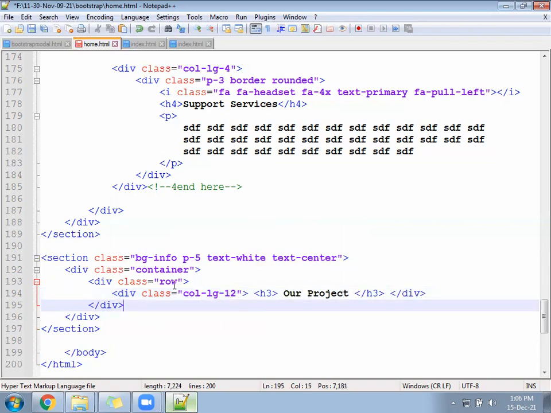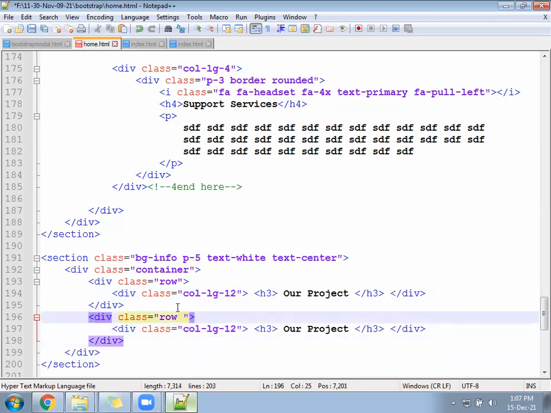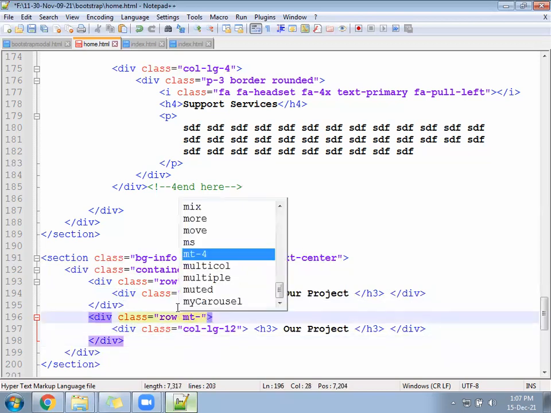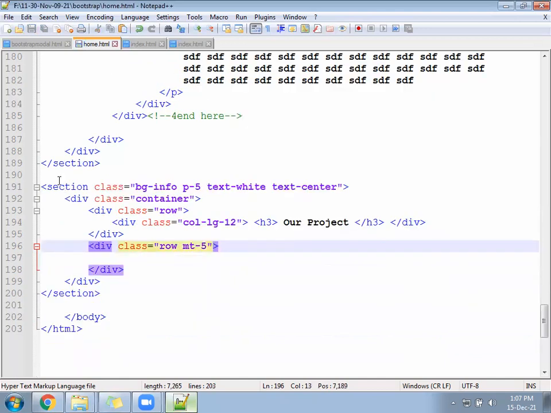Next, you will create the next row, and inside the next row you are going to display a total of 12 photos in one line. So till here done.